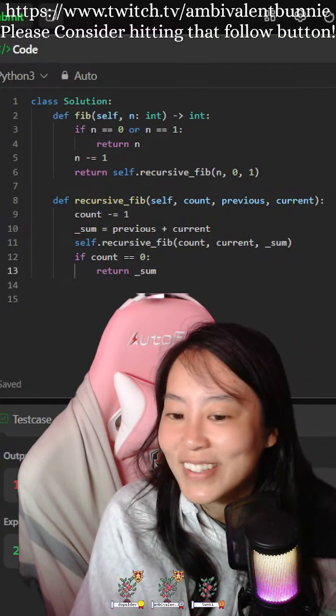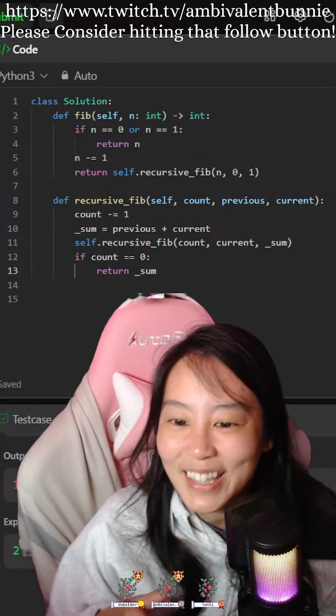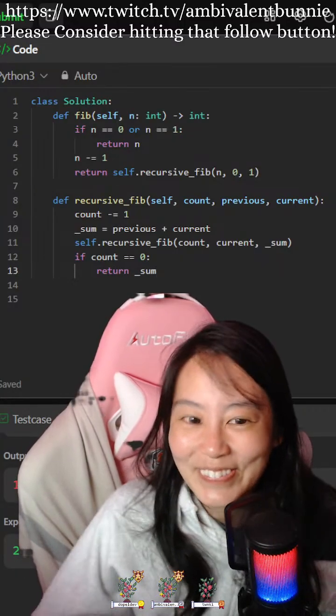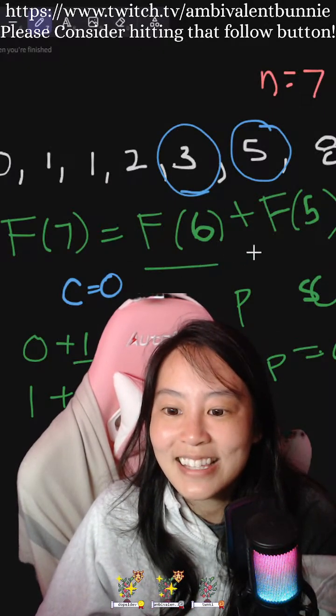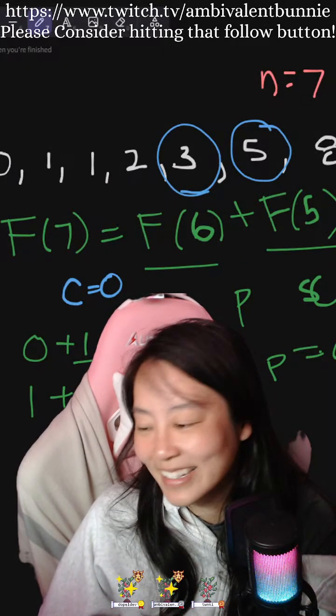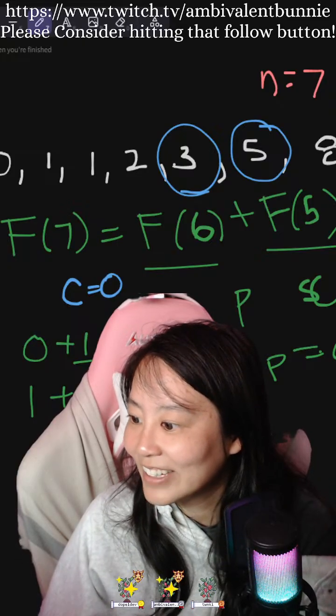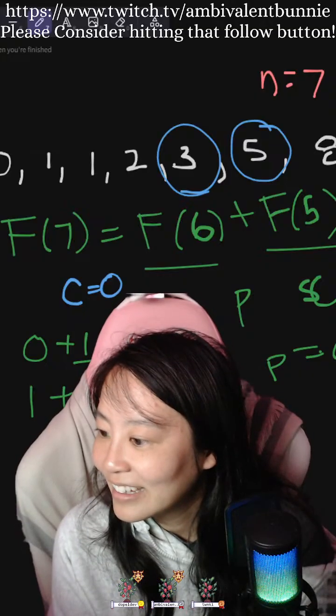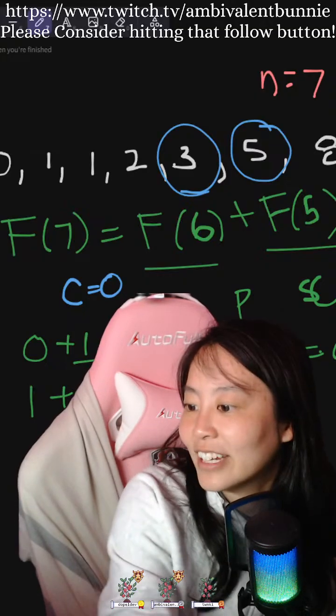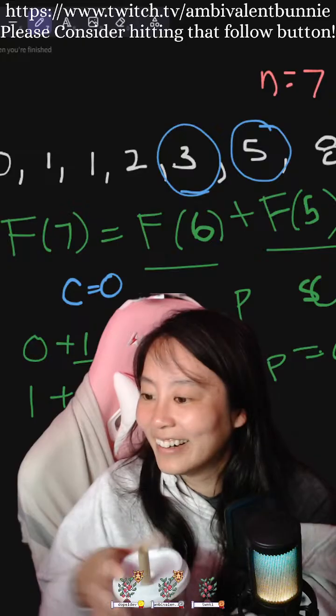What is sum supposed to do? Sum is supposed to be the previous and the current. So it's supposed to be this and this. You ready? I put 3 solutions in comments. Oh, very cool.